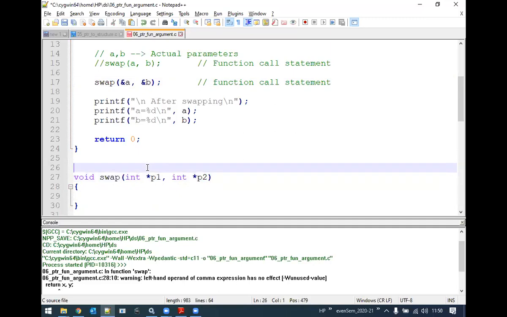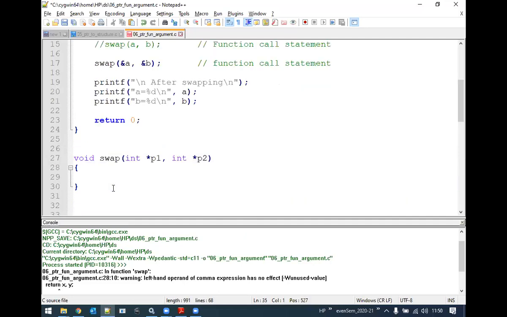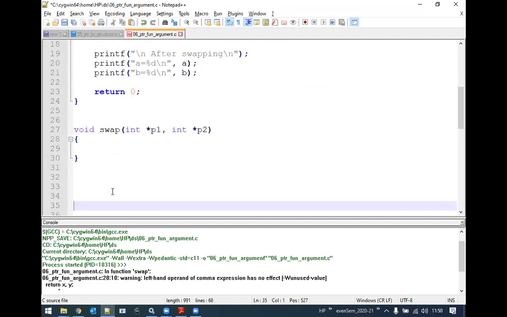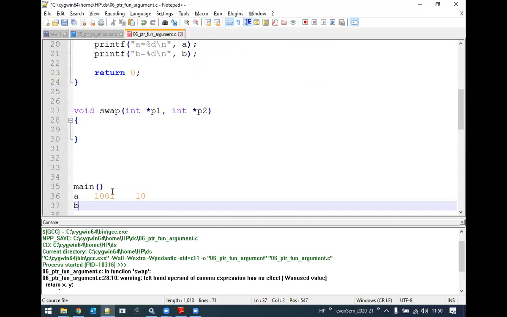Now let us understand these things with respect to the memory locations. With respect to main, we have A whose memory address is 1001, and it contains 10. And the B variable, its address is 1003 and it contains 20.